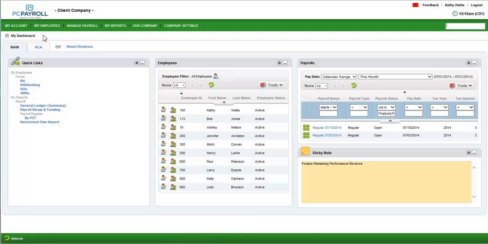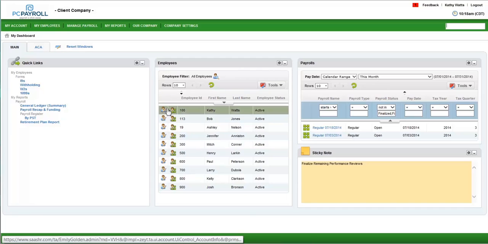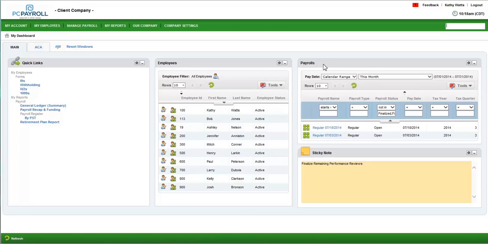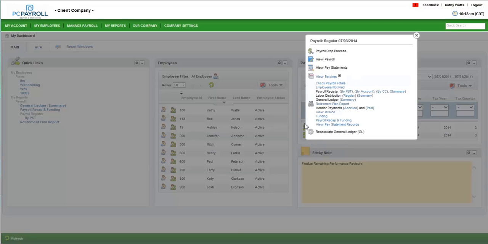These quick links are a convenient alternative to using the menu options listed up above to navigate through the system. We also have a window enabled which lists all company employees and will allow you to jump right into their employee record. And finally, we have a list of all of the open payrolls, which is what we're going to use to access our payroll. To do this, I'm going to simply click on the payroll quick links, and then we're going to open up